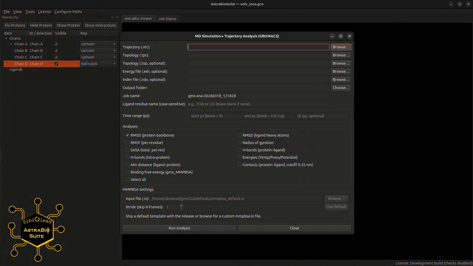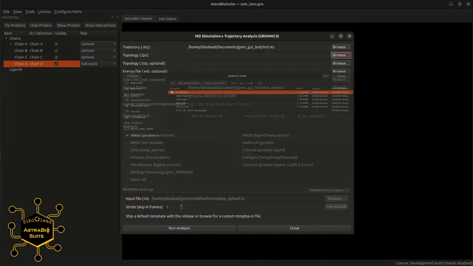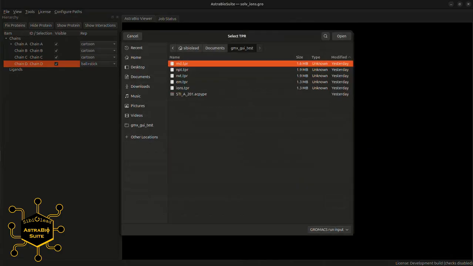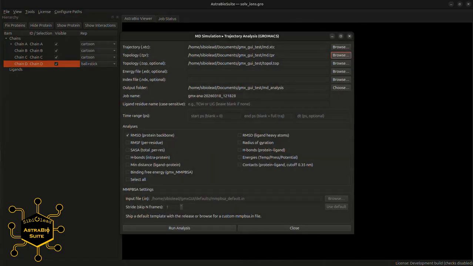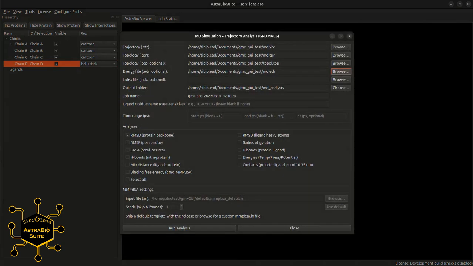Once the module is opened, load your simulation files by selecting the trajectory file, typically in XDC format, along with the corresponding topology files such as GRO or GPR, as these are essential for reconstructing the molecular system and ensuring